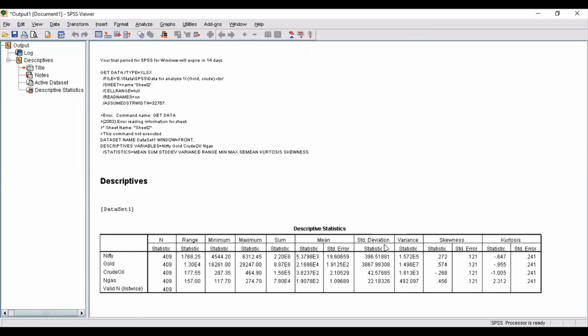This is a very simple first step which you can show in your results regarding the descriptive statistics. Moreover, if you want to understand what all these descriptive statistics mean, in that case you can refer to one of my videos which is based upon EViews, on how we obtain the results of descriptive statistics using EViews software.